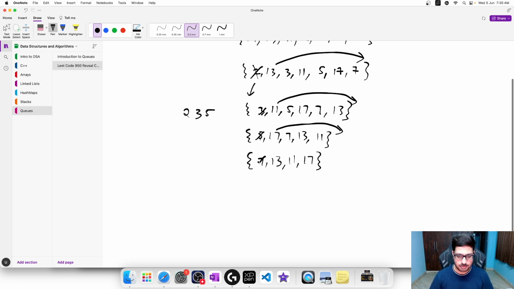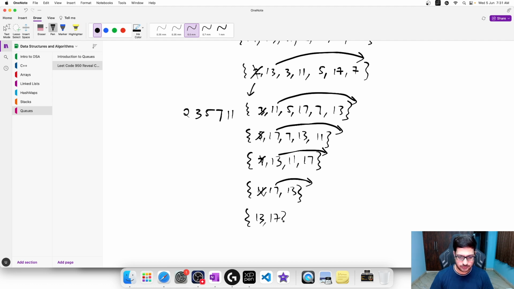Now 7 is popped, 13 goes to the end of the queue, end of the deck. Now 11 is popped, 11 is revealed, 17 goes to the back of the deck. Now 13 is popped, 13 is revealed, and 17 goes to the back of the deck, and only 17 remains now, 17 is revealed. So if we look at this order,